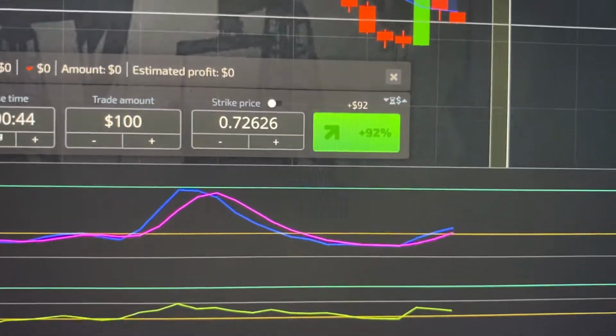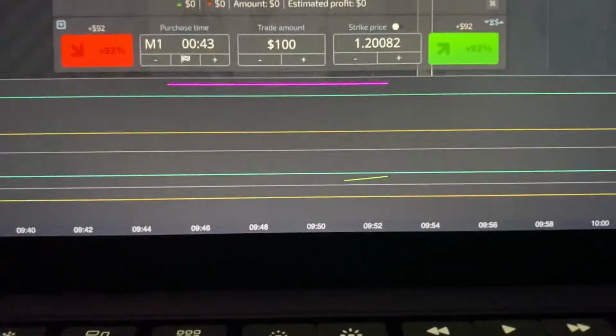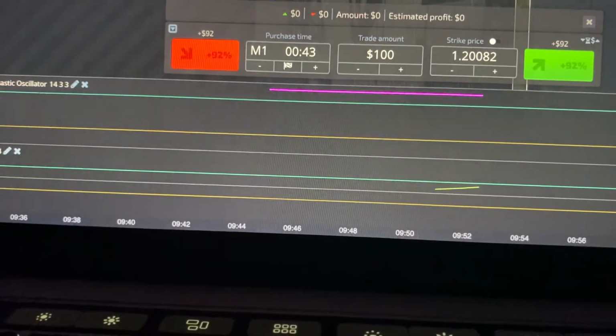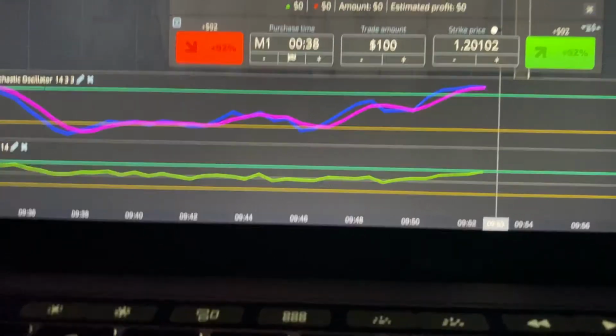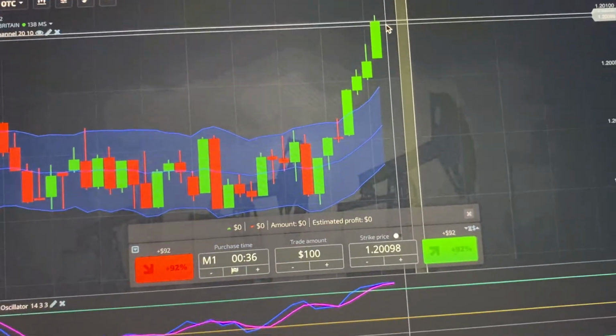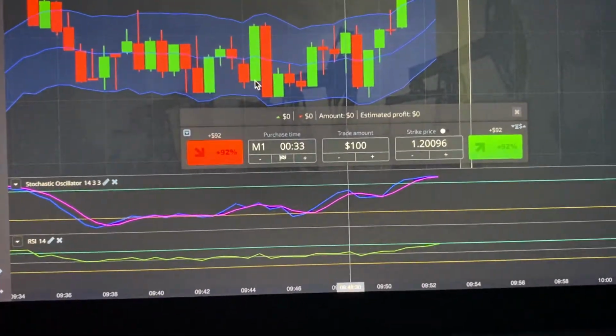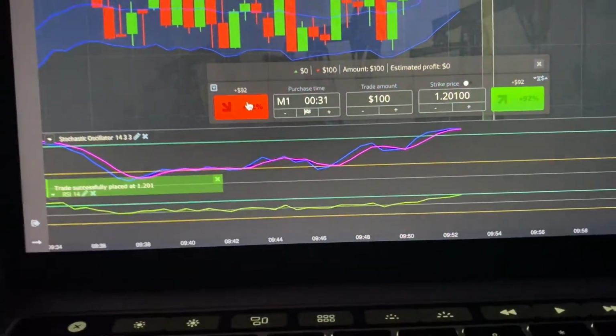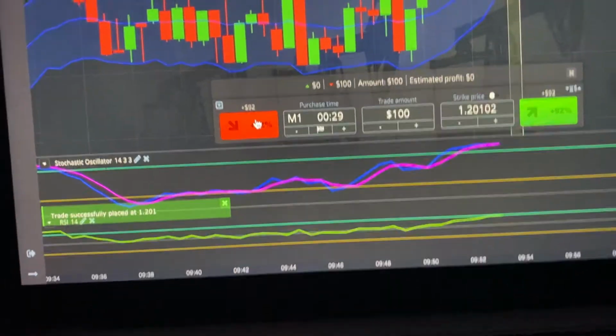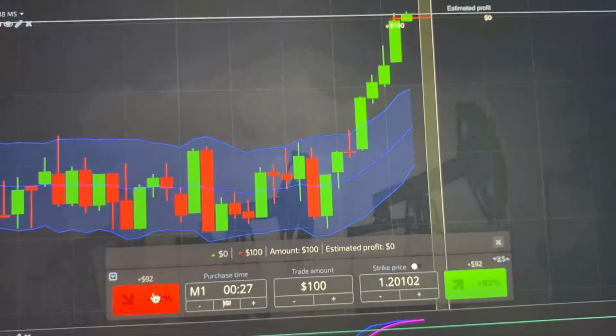So let me see if I can find another one. That's just a really strong downtrend. This looks like a really strong uptrend here. It's like it's about to hit resistance. See, it hit the 70, which is a strong resistance point. But this is a really strong uptrend, so